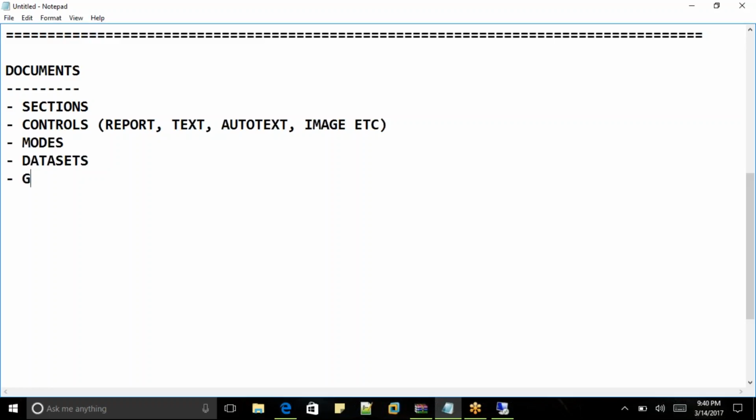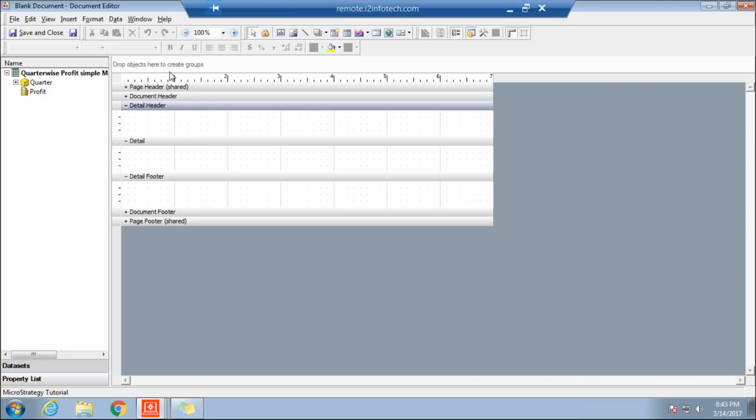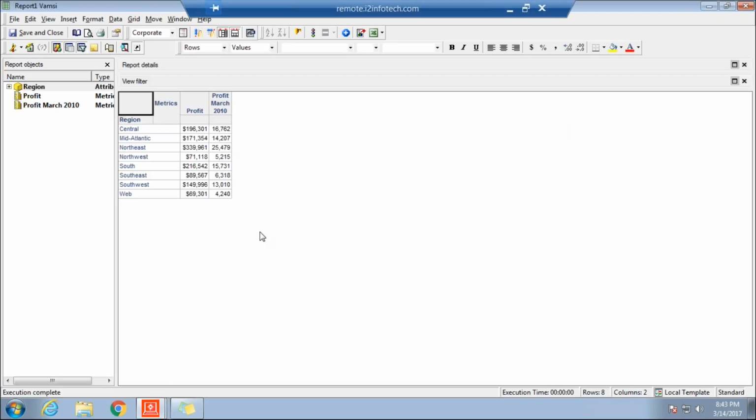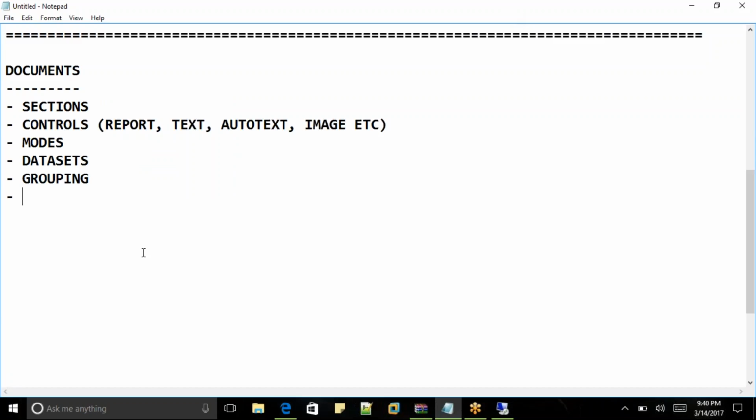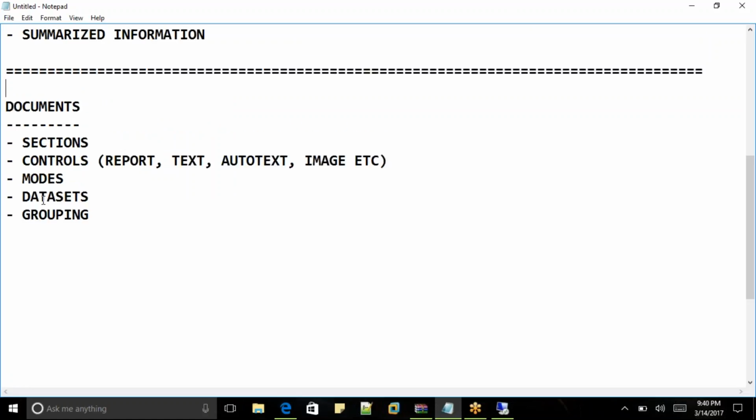So apart from that, you need to understand what this specific grouping means. There is a control, like once you try to create a document, if you look at this specific thing, "drop objects here to create groups." So you need to just understand that particular thing. What does this particular grouping mean? These are a few different important things you need to understand